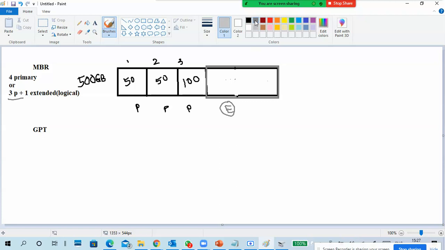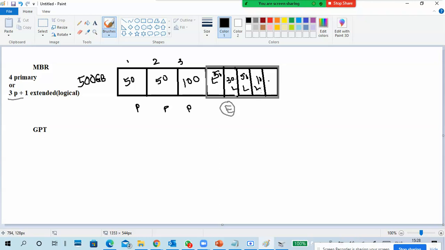So we'll take black only. Like this, you can create a number of logical partitions based on your requirement. Generally we say start with C, D, E, F, like that you can create. So this is a logical partition. For example, this is something like 50 GB, 30 GB, maybe another 50 GB, maybe this is 10 GB. Like that, I can create a number of logical partitions.